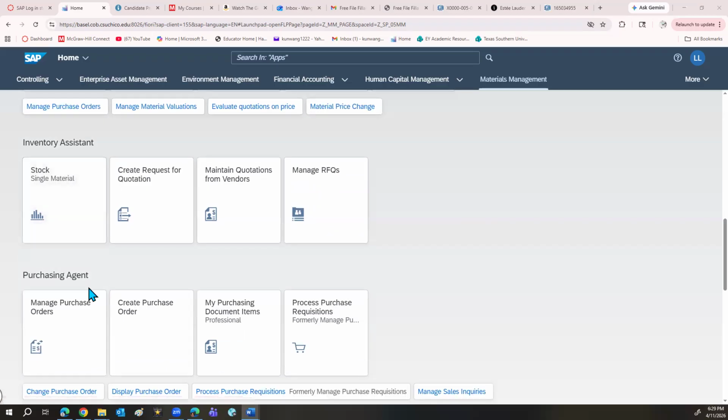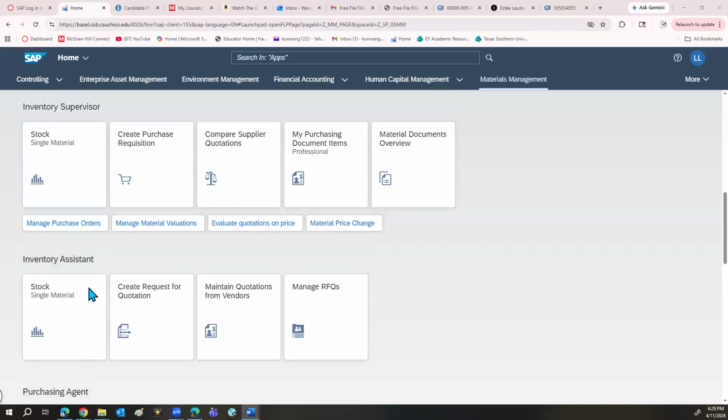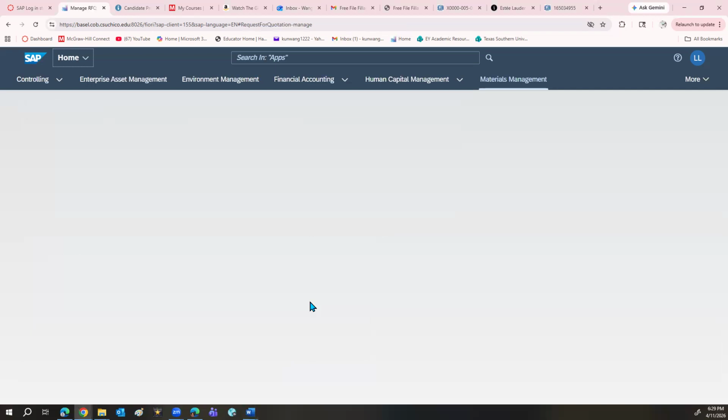The purchasing agent is responsible for contacting the bidders, but the inventory assistant will get involved comparing all of the bidding, the quotations we received. So I think you go from the inventory assistant and manage the